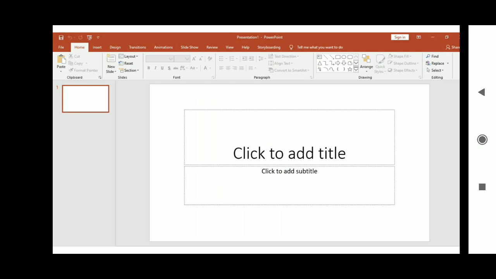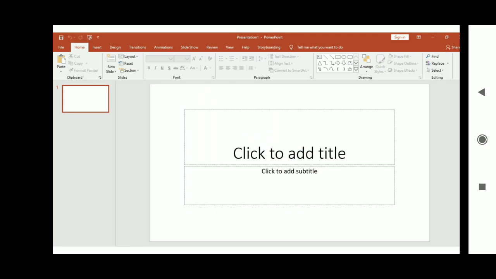Every time you create any type of document, it may be Word, Excel, or PowerPoint, first you open it, then only you can save it. That means you provide a name and the location for storing the document. By default, the Home tab is open when you open a presentation, and the default name of the document is Presentation1. So first, you need to save it.